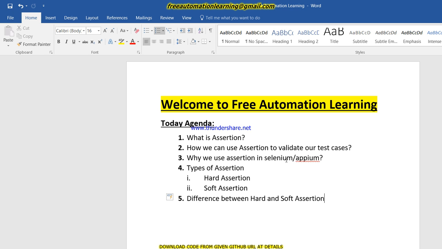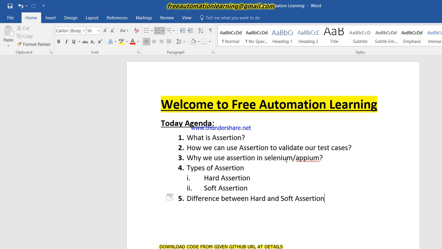So I am trying to explain all those points, and I told you that this is an important point, and this could be asked by the interviewer. Hopefully you like it and note down those points and work on them. So in this tutorial, the difference between soft and hard assertion would be important, right? In my previous video I showed you hard assertion, and in this video I am going to show you soft assertion.